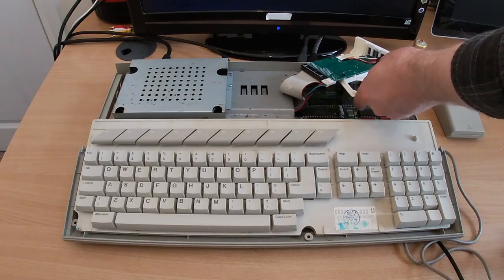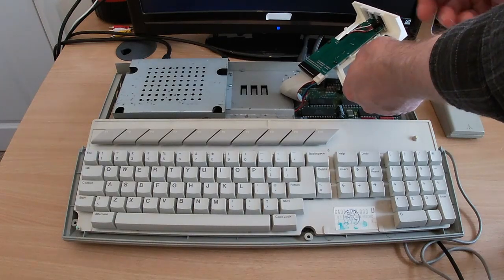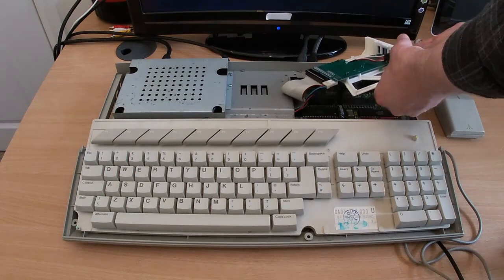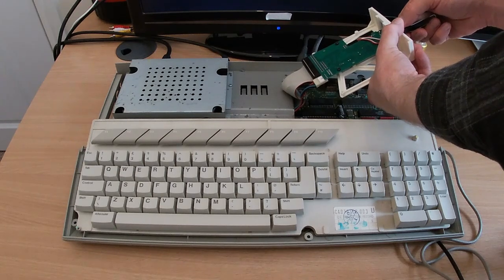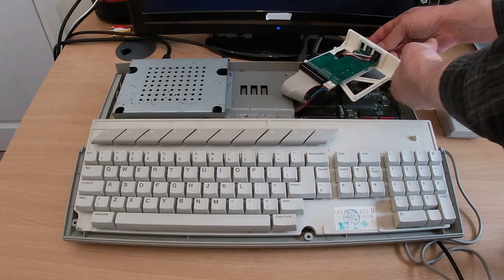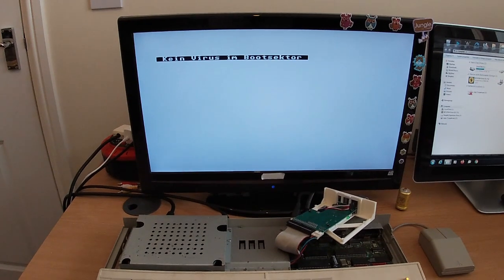I think, yes, the seller also included a little USB stick as well. So we'll give that a go. So that presumably just goes in the front. Yeah. Oh, do you know, I'll have to put some software on this first, actually. Bear with me. Okay, we're plugged in and...